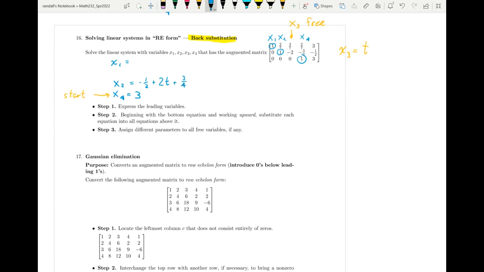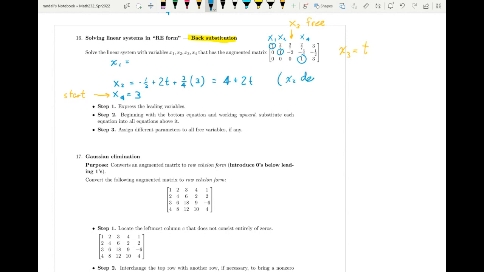Now x4, I go down to see what it was, and I see it's a 3. So this is the process of back substitution, why I start at the bottom. And now I'll just simplify this. So finally I get an expression for x2 depending only on the free variables. I'll put that parenthetically here,